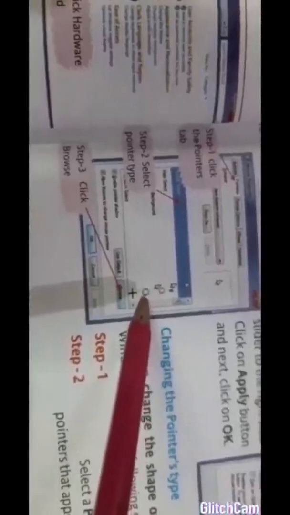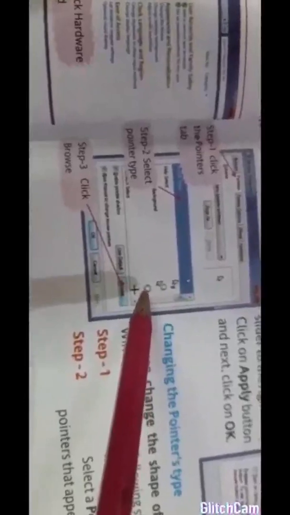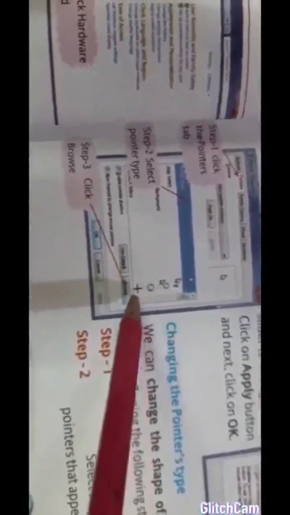If we want more pointer shapes, we have to click on the Browse option. When we click on the Browse option, many more shapes will appear on your screen. If you are satisfied with any shape, you can click on that.